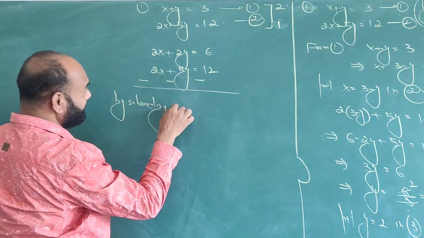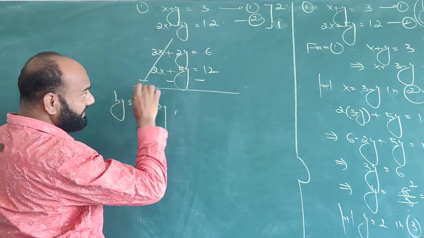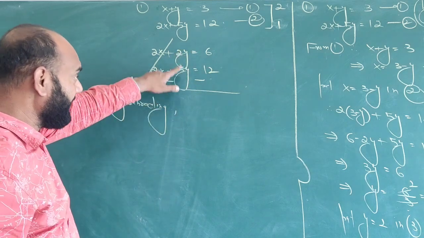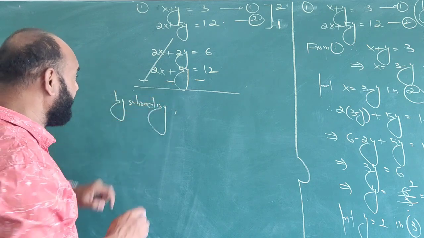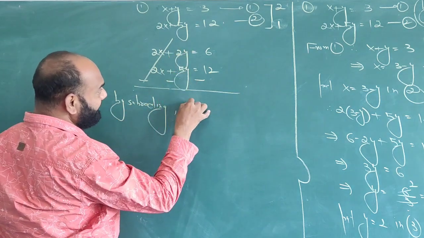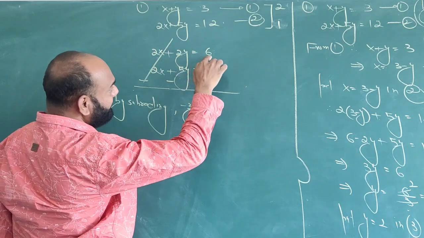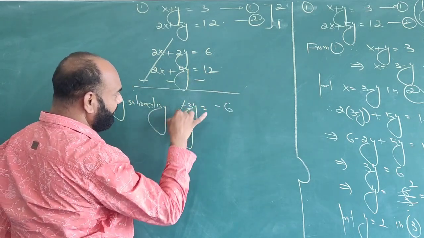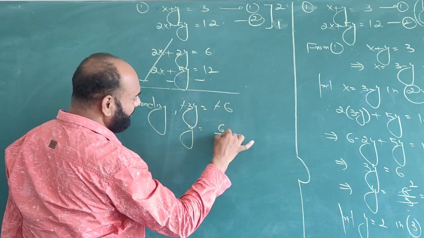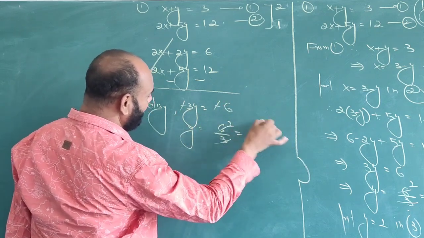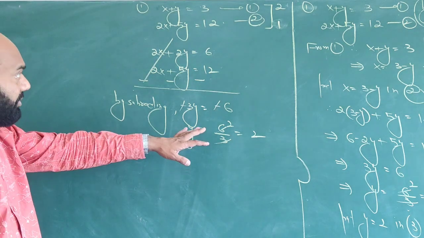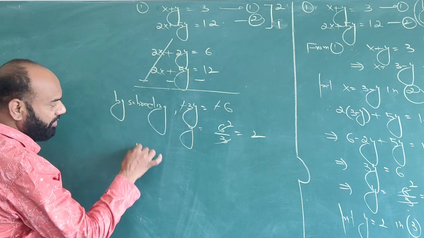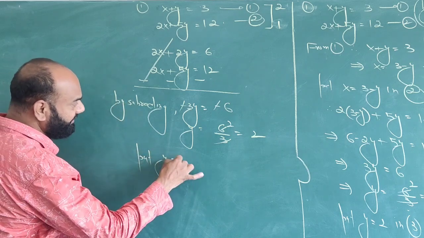Now, when we solve these two equations, we use the sign after subtracting. So 2x and 2x cancel, plus 2y and minus 5y. Here we do not use plus y, but only minus 5y. So 2y minus 5y is minus 3y, and this is 6 minus 12, that is minus 6. So y is equal to minus 6 over minus 3, the minuses cancel, and y equals 6 over 3, which equals 2. So the value of y equals 2. Now put y equal to 2 in any equation, either in the first or in the second. We get the same answer.